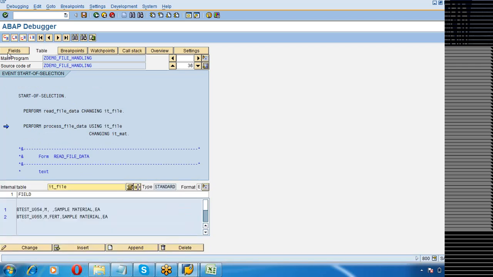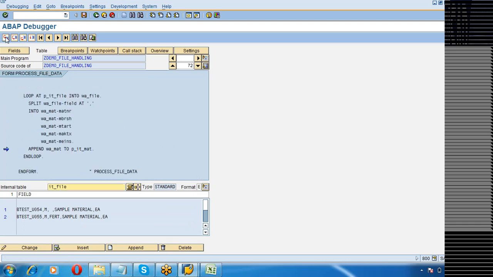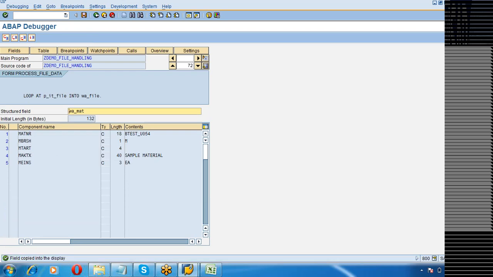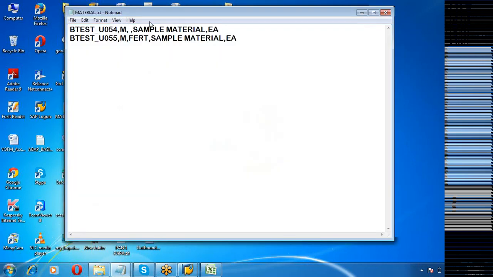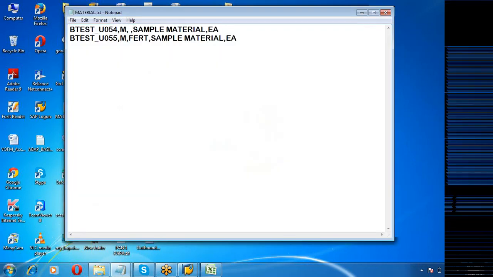It has come as a comma, so it should process correctly. Let us see. See here. Now, had you forgotten to put one additional comma, then the file is wrong actually. Then this file itself is wrong because the whole data will go wrong. Now the number of fields itself has come down.